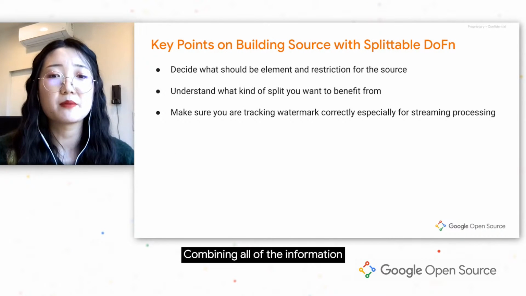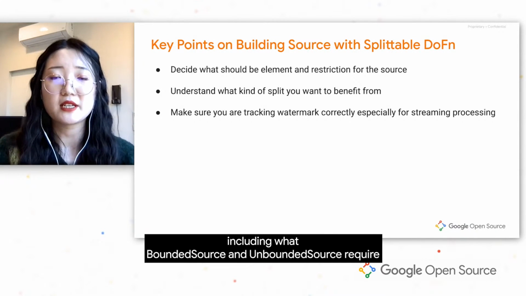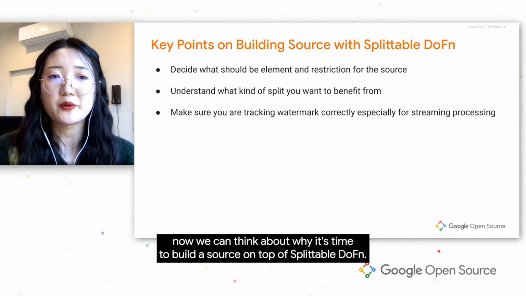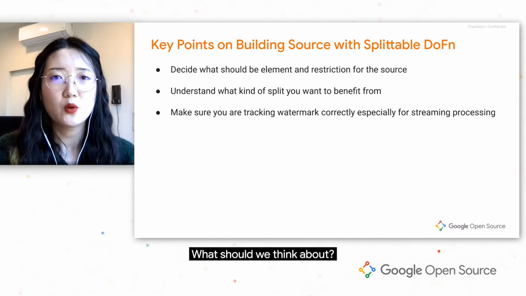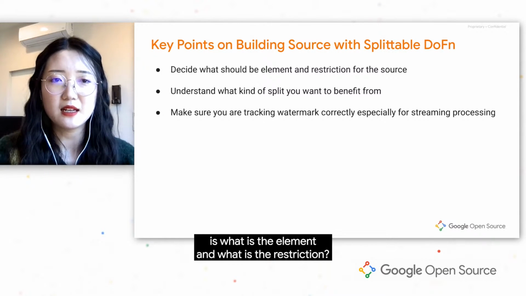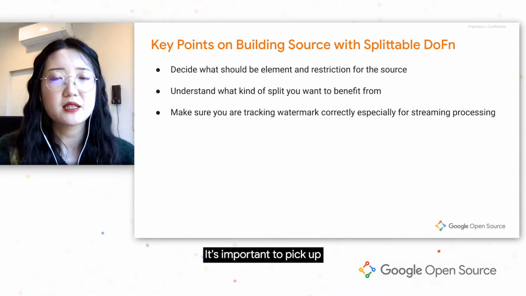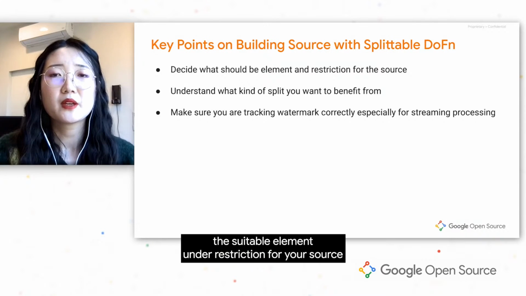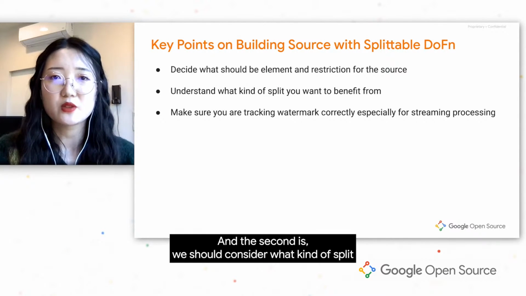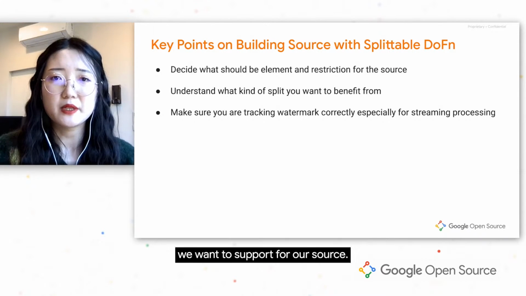Combining all of the information above, including what a bounded source is and what a bounded source requires, and what Splittable DoFn can provide, now we can think about what we should consider when it's time to build a source on top of Splittable DoFn. The first question is we should decide what is the element and what is the restriction. It's important to pick a suitable element and restriction for your source because it will affect the implementation details of your source. And the second is we should consider what kind of split we want to support for